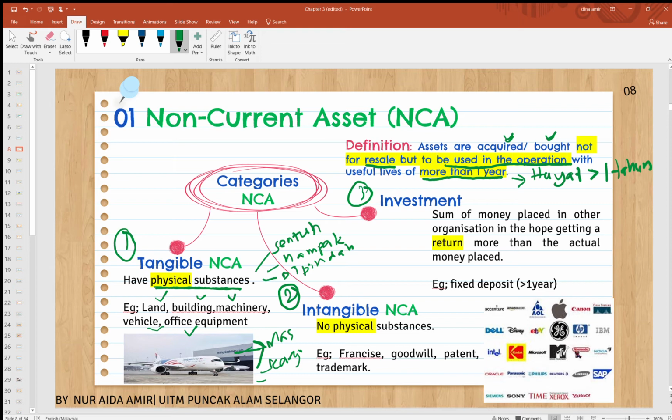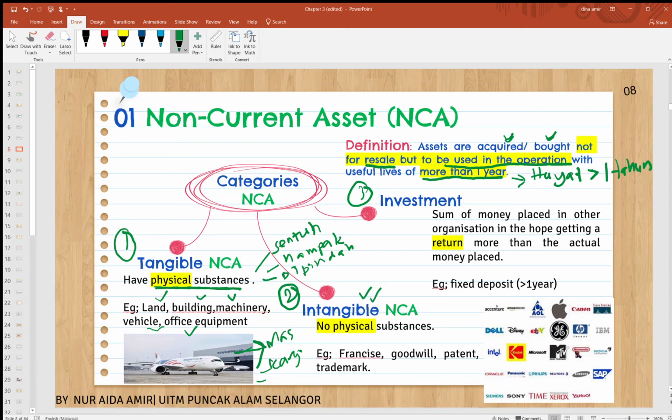Office equipment pula, contoh macam UiTM. UiTM ada komputer dekat lab. Setiap lab ada komputer kan. So lab tu digunakan untuk student. Di mana office equipment is used for the productions. Okay, untuk student untuk belajar. Student masa belajar tu adalah production of UiTM lah. Itu maksud tangible non-current asset. Okay. While